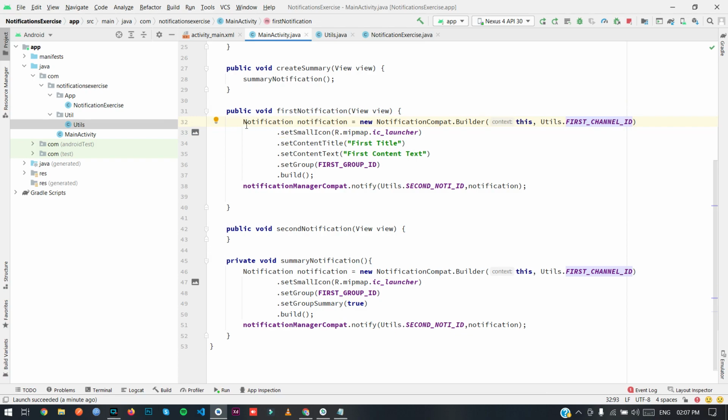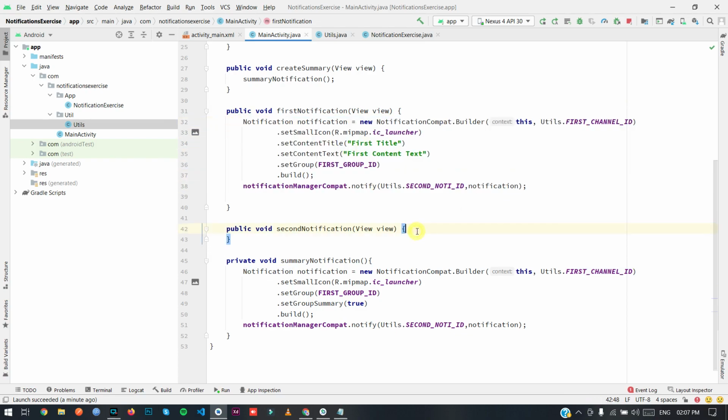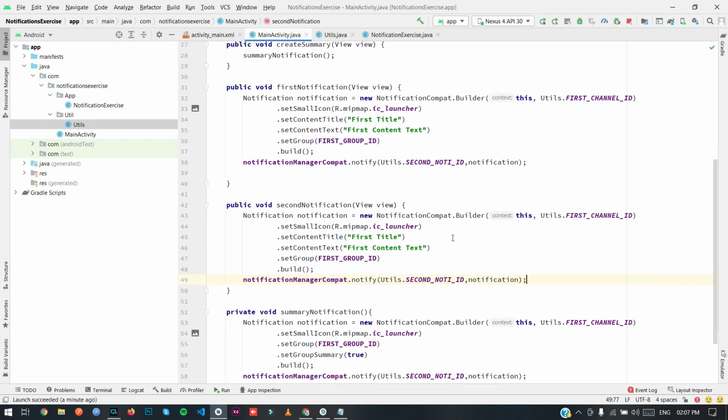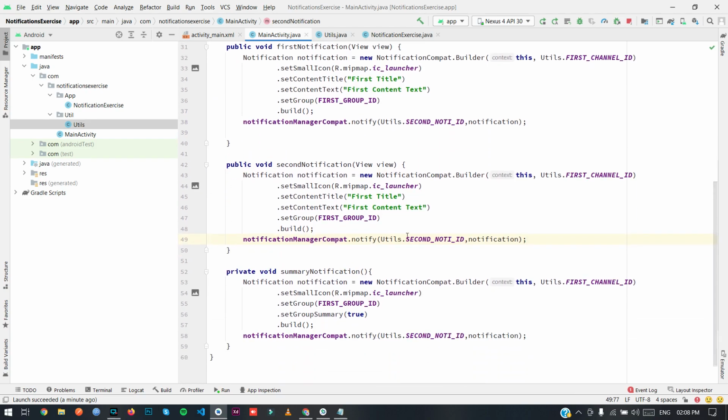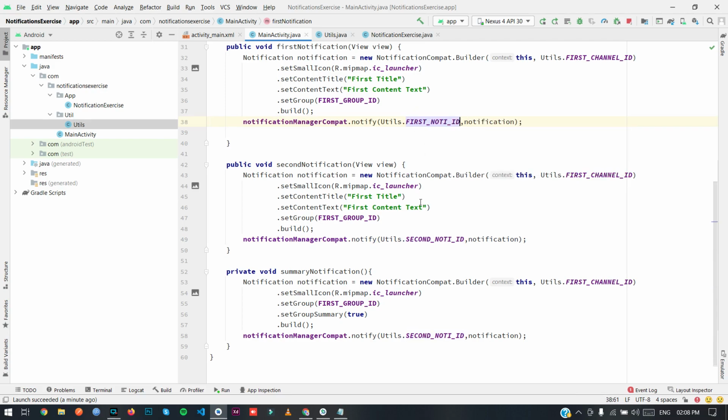Okay, and now we need to create a second notification. Here, we need to set the first notification ID and second notification ID. Sorry, yeah, we need to set summary notification ID, second notification ID, summary notification ID.